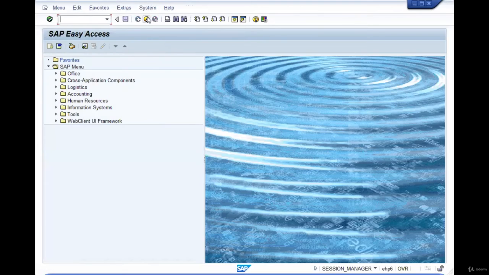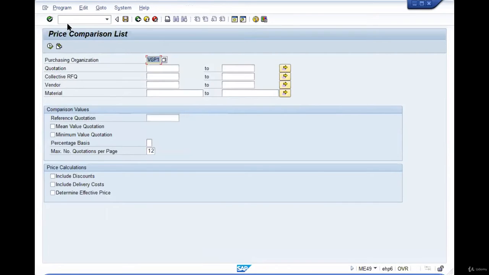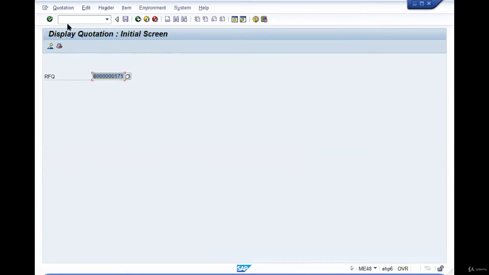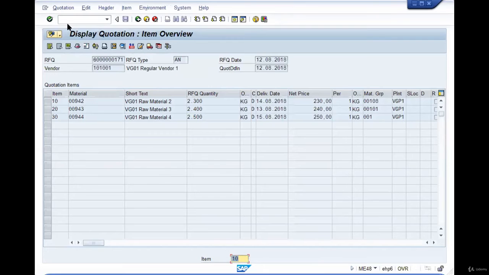Like this, the purchase info record price can be automatically updated from the quotation document. So if you want to display the quotation, you go to MA48. Enter the document number and all the data will be in display mode, including the header text.